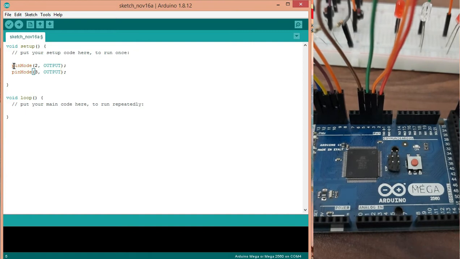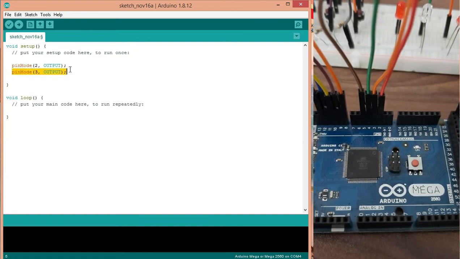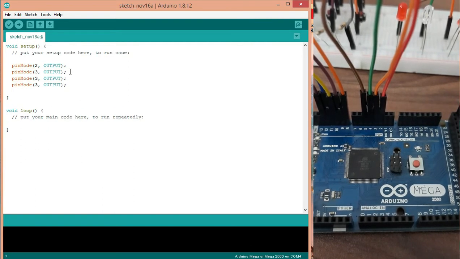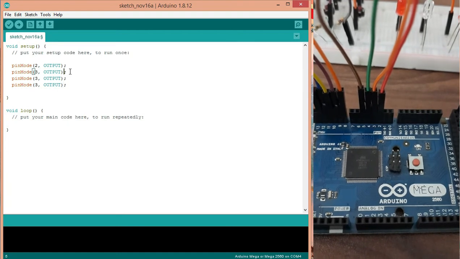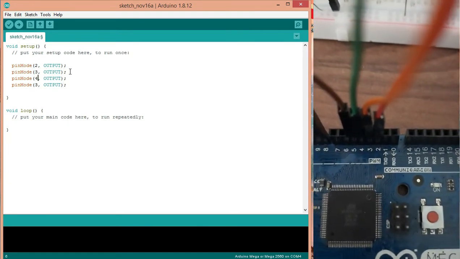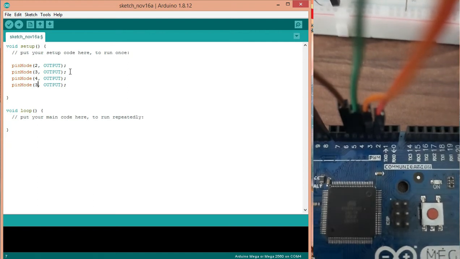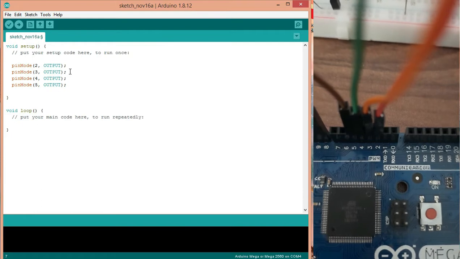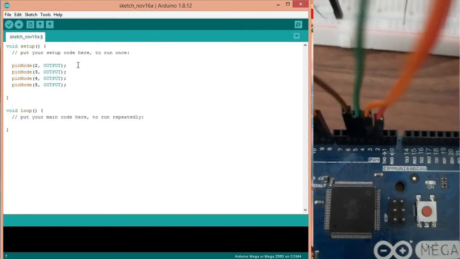So I'm copying the code over here, which is good practice. Pins 2, 3, 4 and 5 will serve as output.